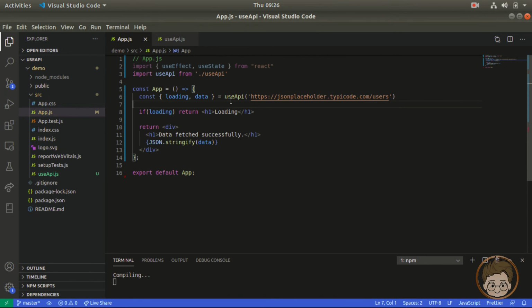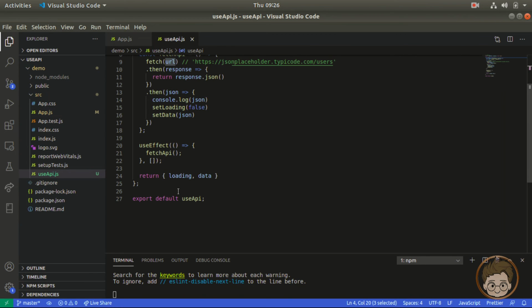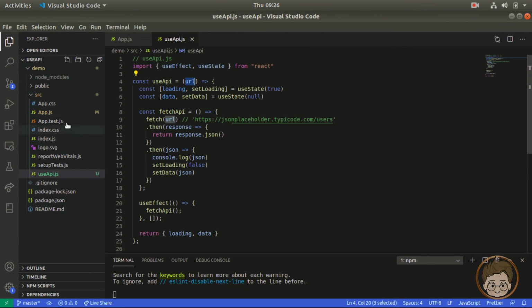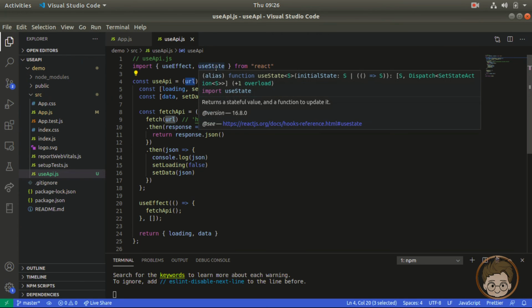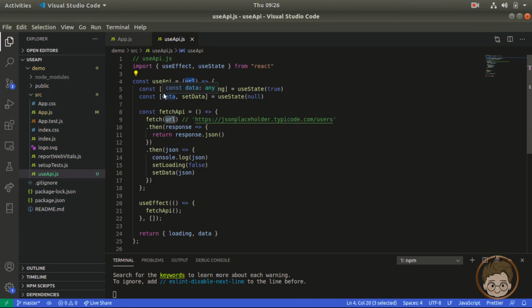This will work exactly the same way the earlier code was working. The only change is that now our code size has reduced, and we have used some reusable logic. If there is another component, let's say app.js is there, right? Now there is some home.js, welcome.js, and other pages with other components where we want to do the same thing.